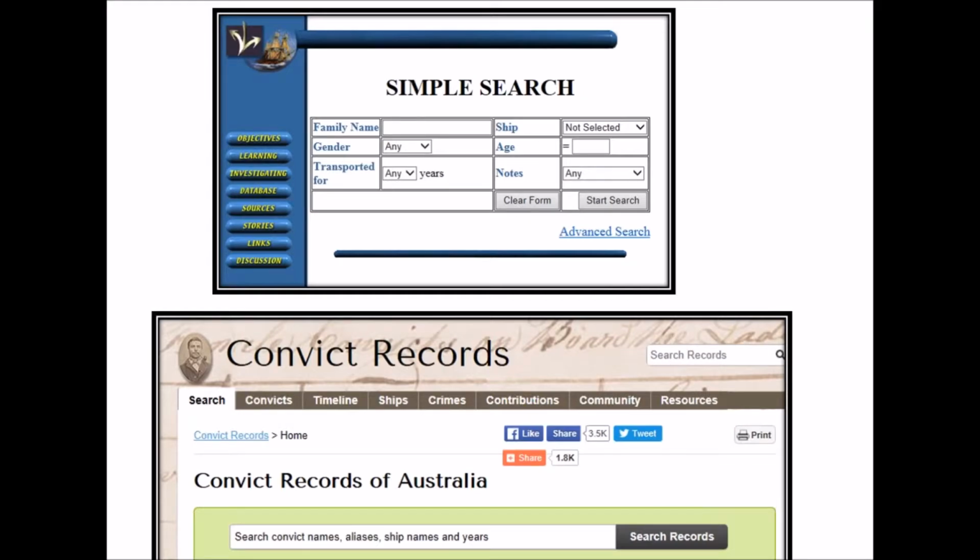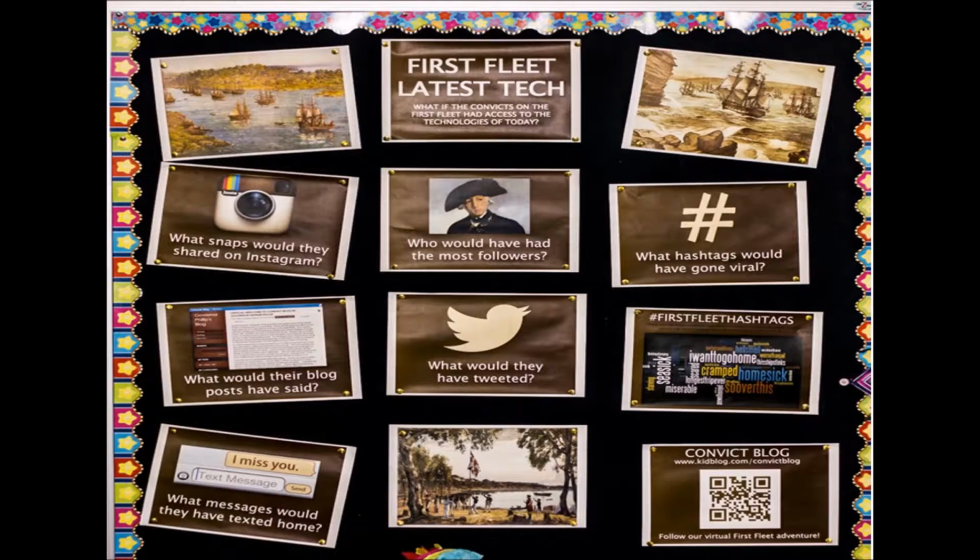And there's just a little example of that database. If you haven't been into that database, I highly recommend it. It is fantastic. Students can do searches according to gender. There's actually 780 First Fleet convicts in that database, and you can do some simple searches, but you can query by age, gender, occupation, crime, sentence, the time they were transported